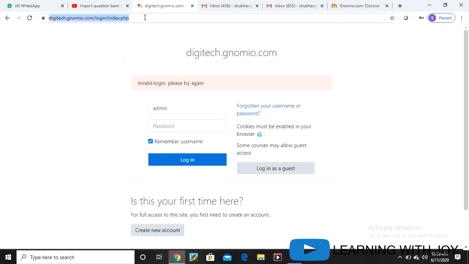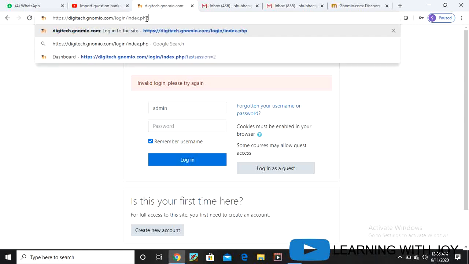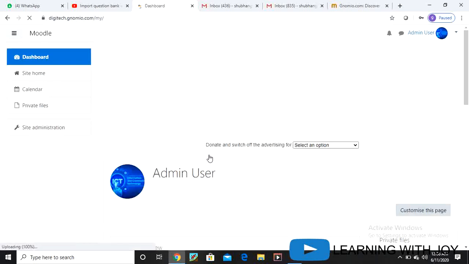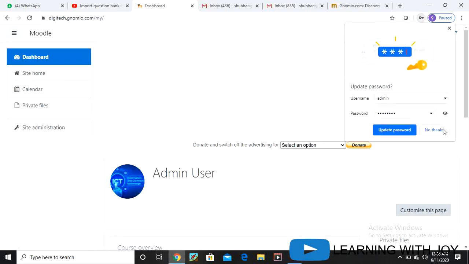Second, we need to check whether our site is in capital or small letters, so no issue. So we have logged in within our course.